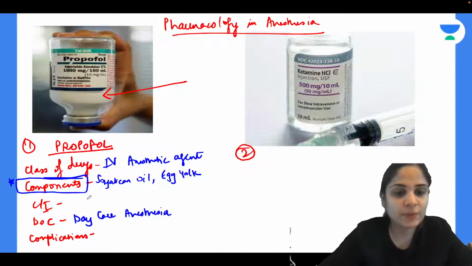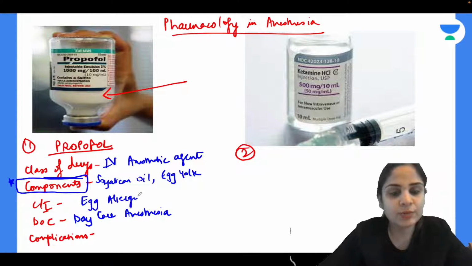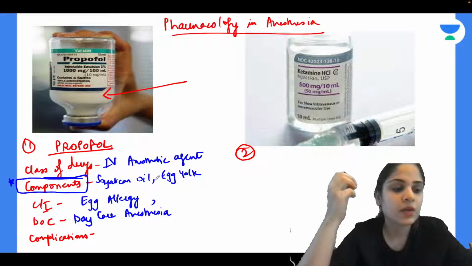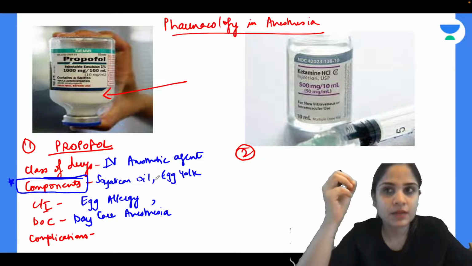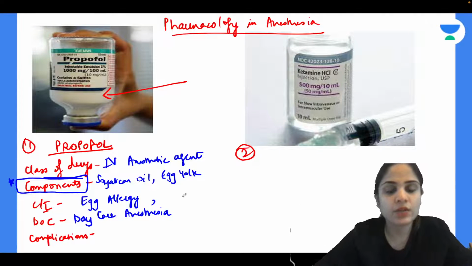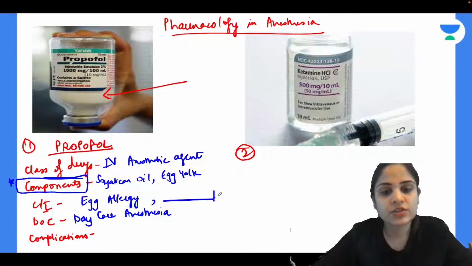Yes, very good. So if a patient is allergic to egg, okay, there are some proteins in egg like egg albumin, egg lecithin. If a patient is allergic to it, then you should not be giving propofol to that patient. Alright. The next thing that they ask is, now since it contains all these heavy fat-like things, soybean oil, egg yolk, once I break open an ampule of propofol, within how many hours should I be using it? It should be used within dash number of hours.